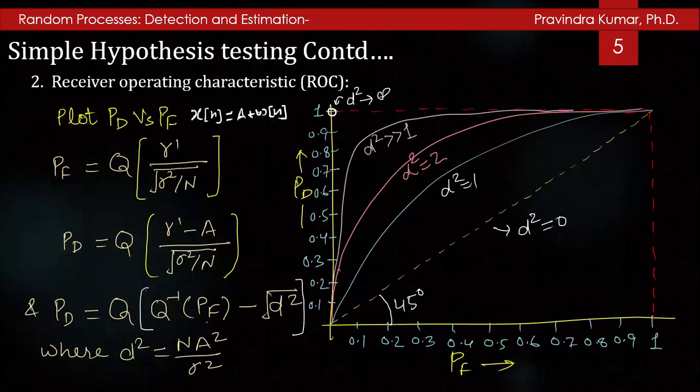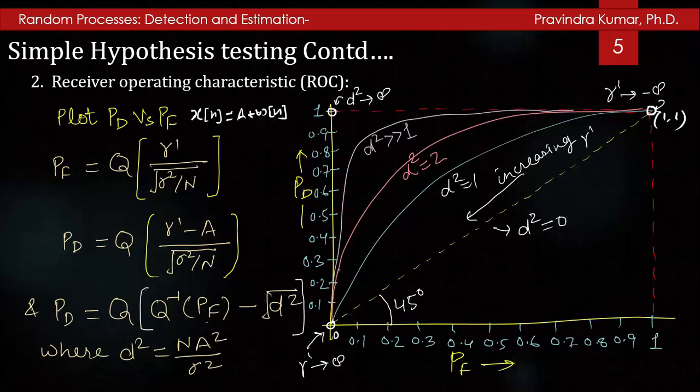So if the threshold gamma tends to minus infinity, then the detector always decides H1, and PF and PD are 1 at this point. So at this point PF and PD are 1, and the detector always decides hypothesis H1. And if the threshold tends to plus infinity, in this direction gamma is increasing. So when it tends to plus infinity, then the detector never decides H1, and PD and PF here